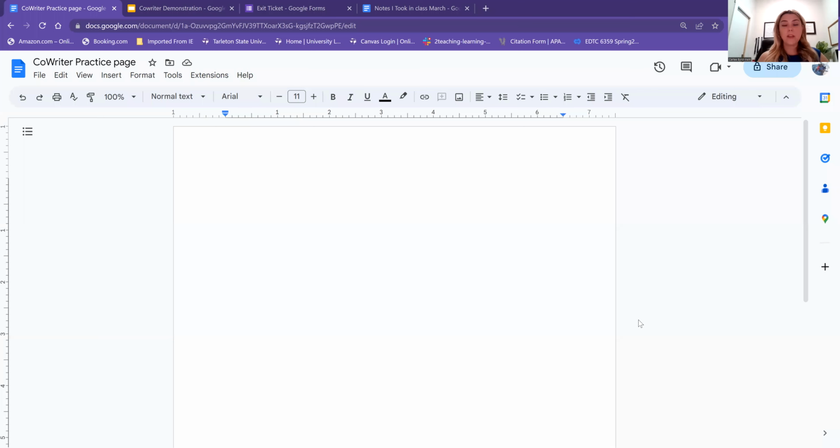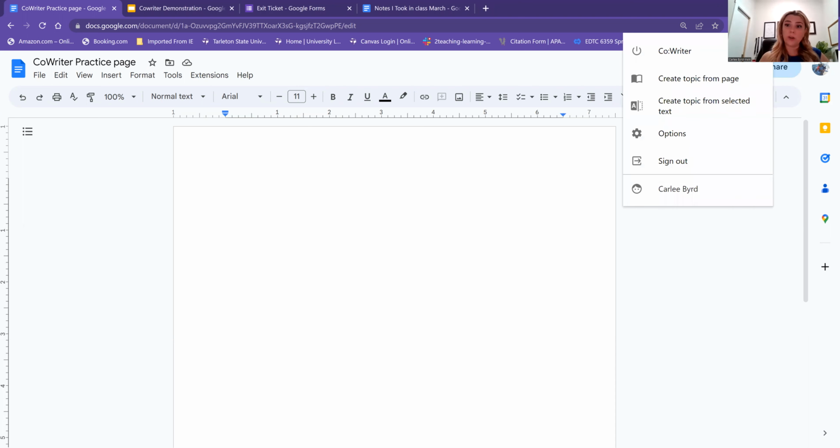Now, the way that CoWriter works, this can be used as an extension on Google Chrome, which is great because you can use it on any application at all that can be opened up through the Chrome browser. Now, here is our CoWriter bubble right up here at the top. Mine is on, but it's a simple toggle switch to turn it on and off. So CoWriter on, CoWriter off. So it's pretty easy to embed and it's pretty easy for students or teachers or anybody really to use and